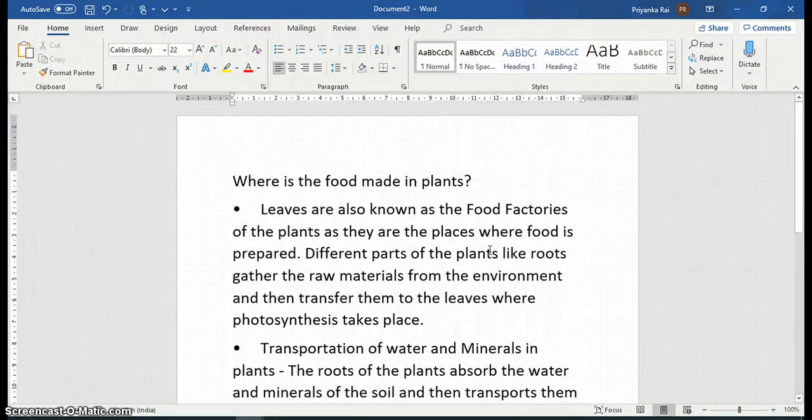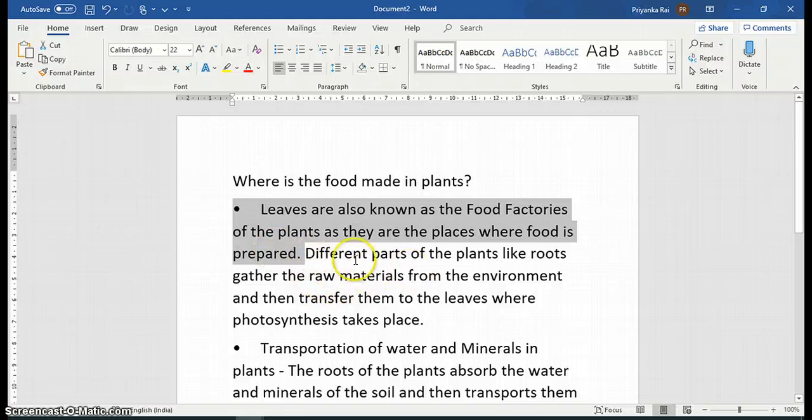Now next is selecting text. How can we select text? First, if you want to select a word, like I want to select "leaves", I will double click on that and this word is selected. So double clicking on any word selects that particular word. Now if you want to select a line, you will first click on the control button and then a single click. What happens? The whole sentence is selected. So like that, you can select a complete sentence.